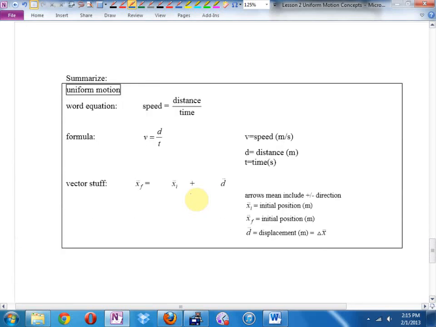So here's our summary. Okay. Our word equation is distance over time equals speed. You can remember that, Sarah, just by looking at the units. How fast are you going? Kilometers per hour. I'm pretty sure that's distance over time. It is on your formula sheet, but you're just going to get sick and tired of looking it up, so I'm trying to give you a way you can remember it. As a formula, V equals D over T. Just wondering.